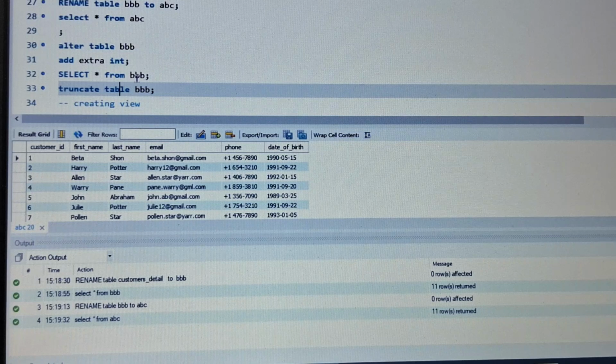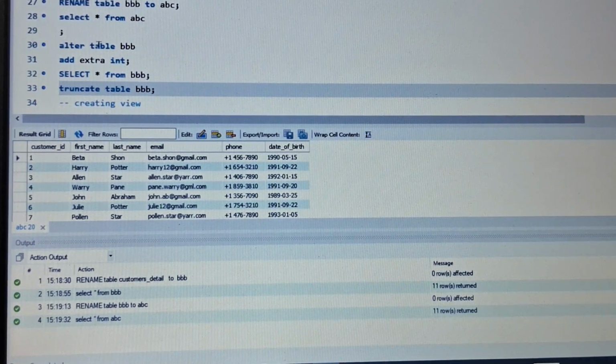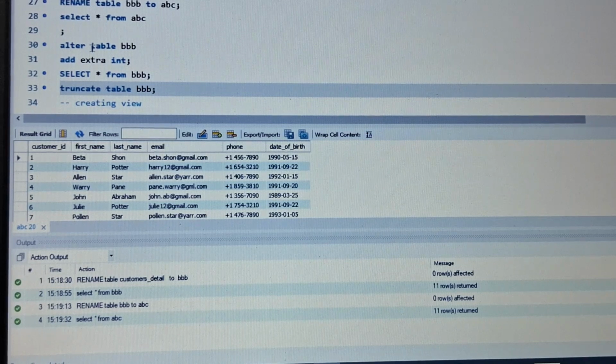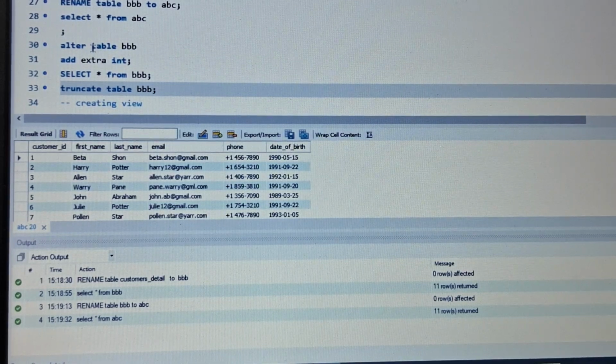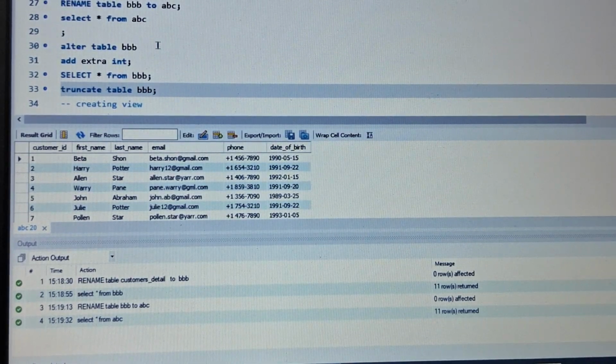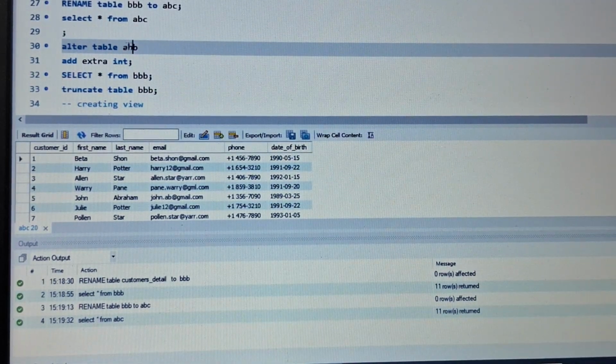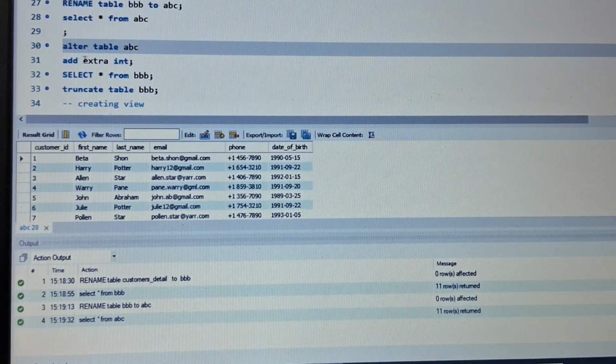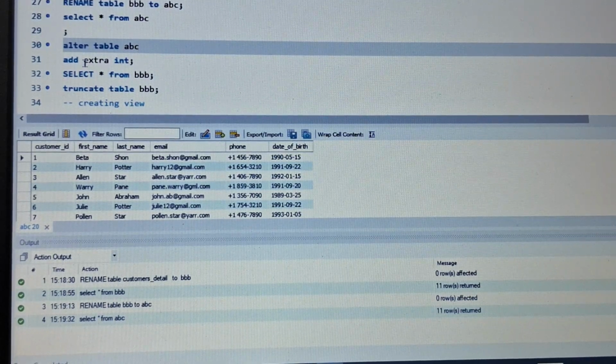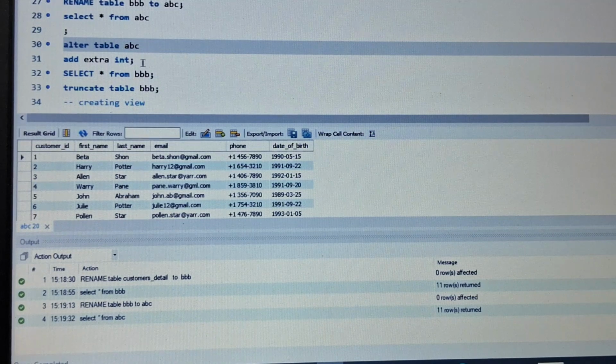I want to add another column, so I will use the alter command. Anything that you want to make changes in your database, you have to use alter. So I'm just typing here ABC add extra, so it will add another column by the name extra, and its value would be in integer form.